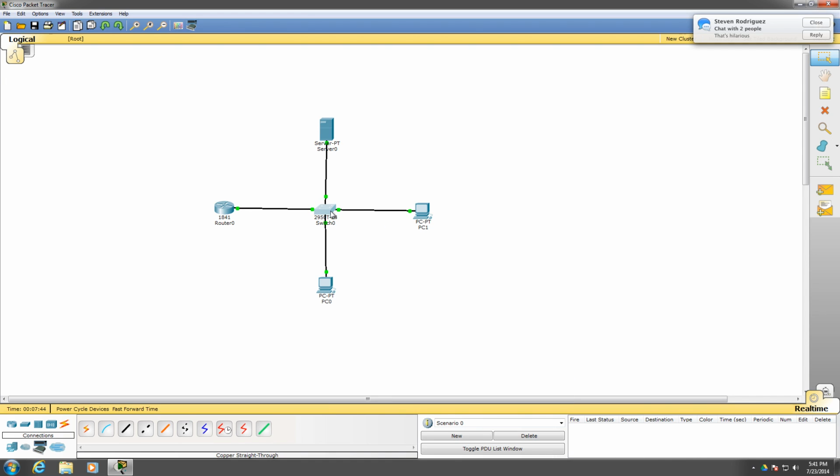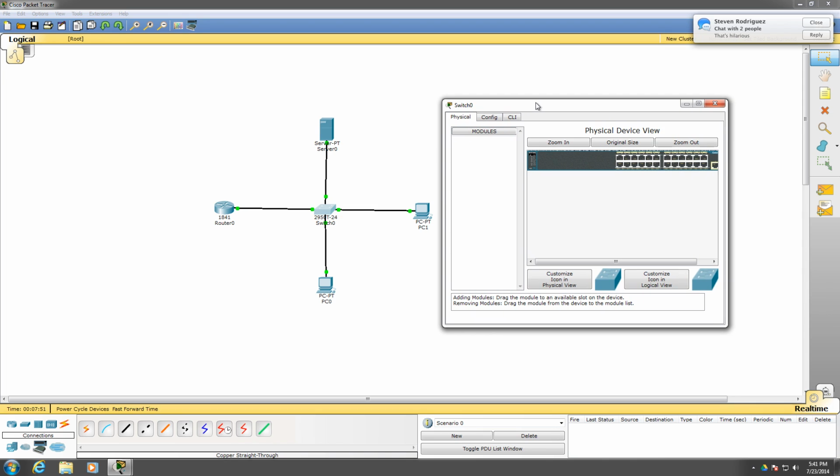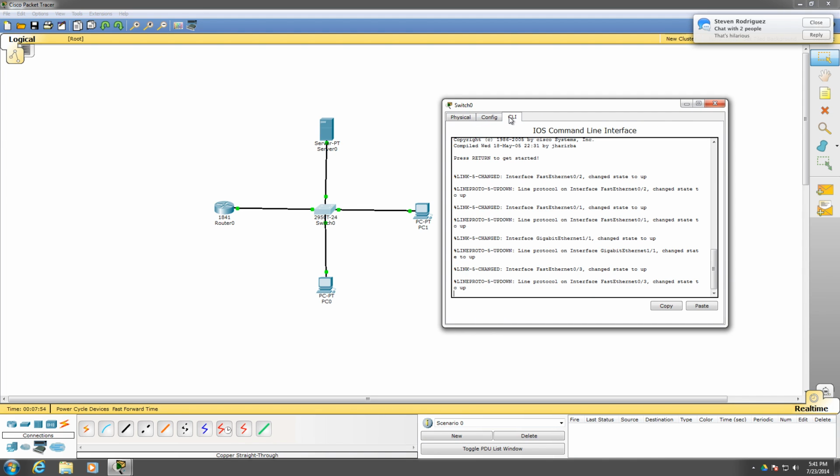The switch is kind of identical to setting up the gateway like we did in the last lab. You'll notice that some of the commands are slightly modified, these little subtleties that you'll have to change, but essentially